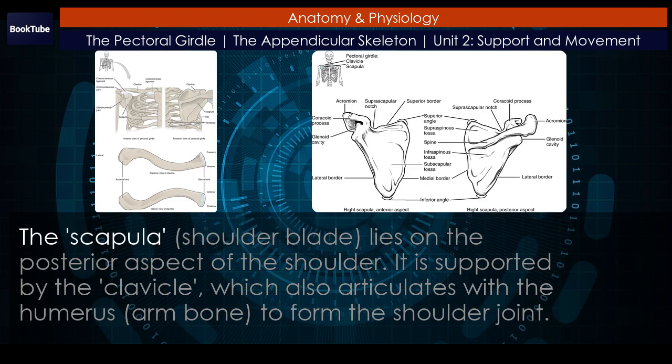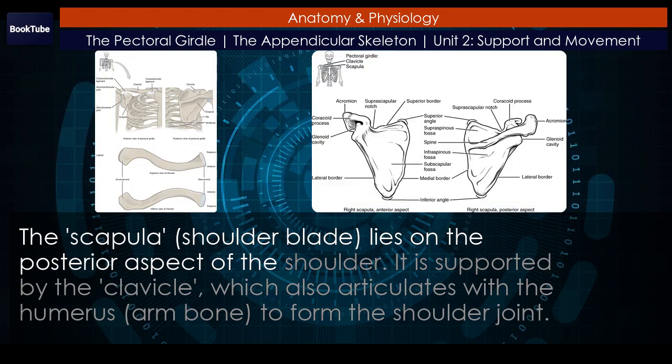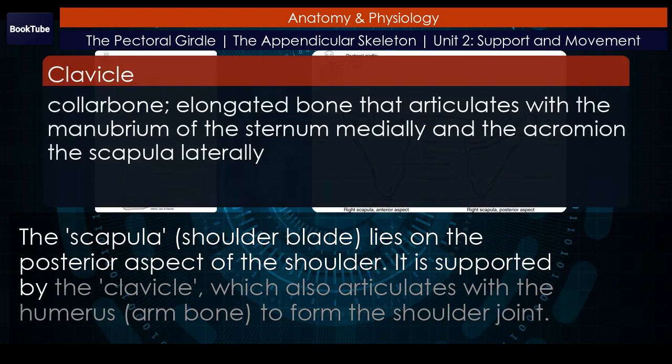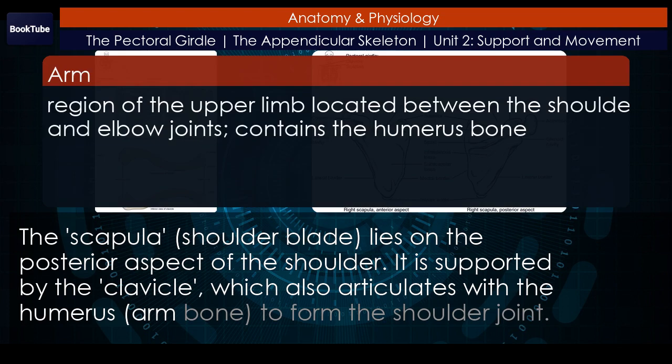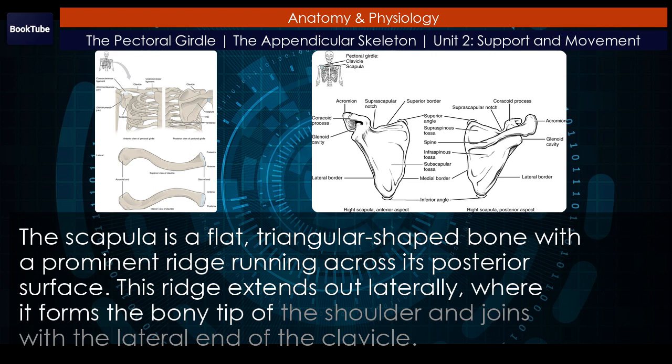The scapula, shoulder blade, lies on the posterior aspect of the shoulder. It is supported by the clavicle, which also articulates with the humerus, arm bone, to form the shoulder joint. The scapula is a flat, triangular-shaped bone with a prominent ridge running across its posterior surface. This ridge extends out laterally, where it forms the bony tip of the shoulder and joins with the lateral end